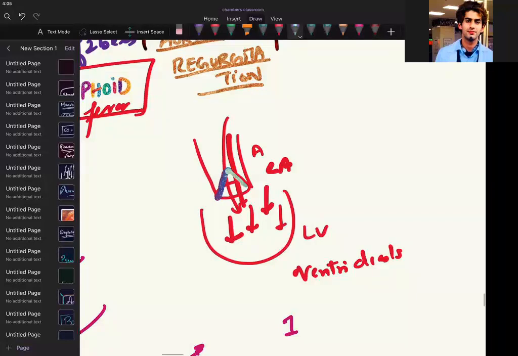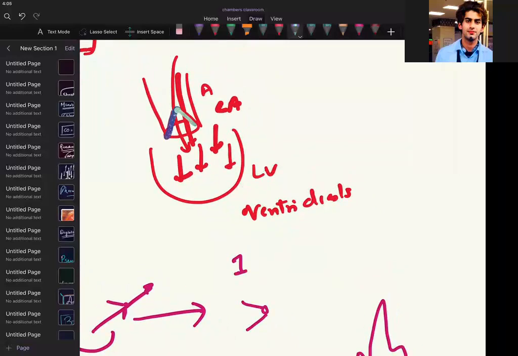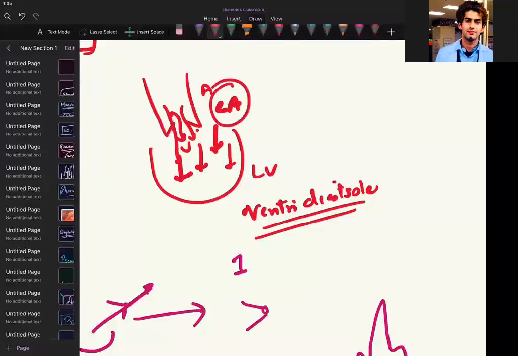If it is coming back due to any valvular disease, incompetency, any reason the valve has a problem, what will happen? Let us delete this. Let us write like this. What will happen if it's not closing? Regurgitation will happen. The blood will come back during the ventricular diastole. Please remember, in ventricular diastole blood should not come from the aorta. Blood should come from the left atrium only through the mitral valve. But you are having a regurgitation. So blood will start flowing into the ventricle.